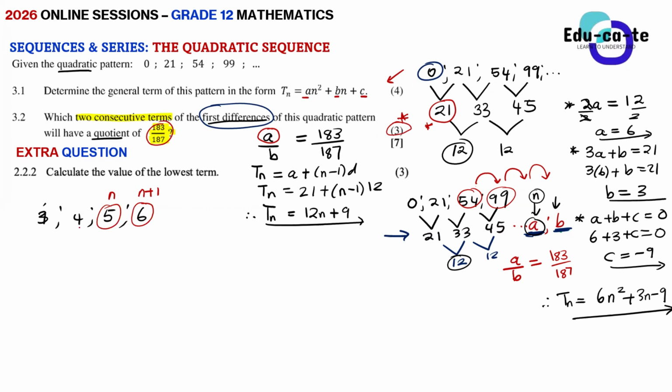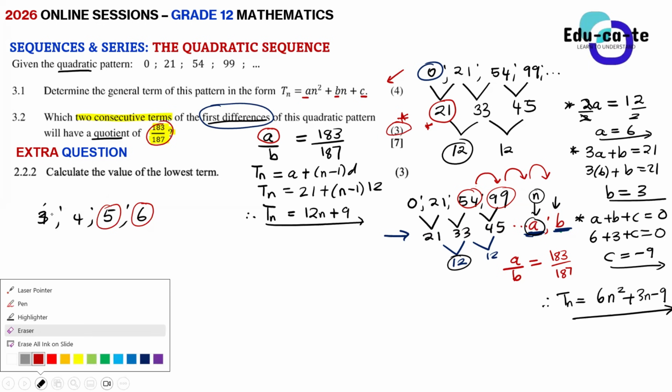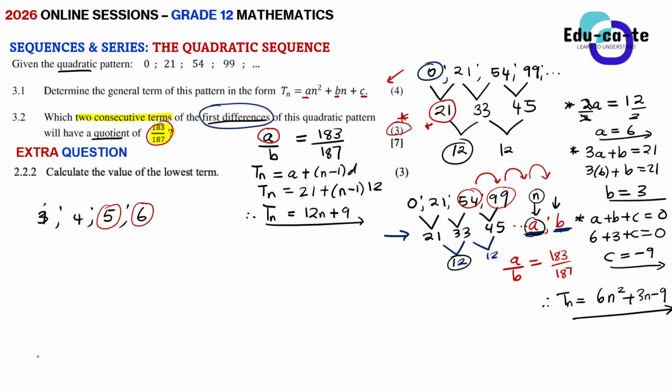Remember, guys, the position always increases by 1 each and every time. How do I mean? For example, this is term number 1, so it means this is position 1, this is position 2, this is position 3, this is position 4. So for me to shift from one position to the next consecutively, I need to add 1 to the position. Do you kind of see the sense, guys?